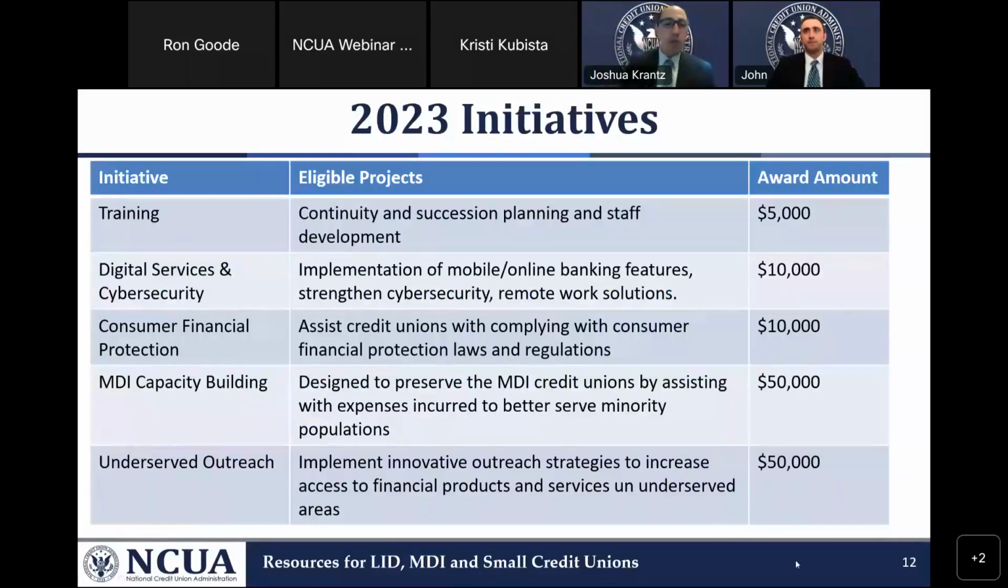This is a brief overview of the initiatives that we will be offering this year. You see that grants range from $5,000 to $50,000, depending on the planned activities. You can apply for a training grant, which allows you to help your credit union build continuity and staff development, digital services and cybersecurity, which will allow you to implement new online banking features, strengthen your cybersecurity,